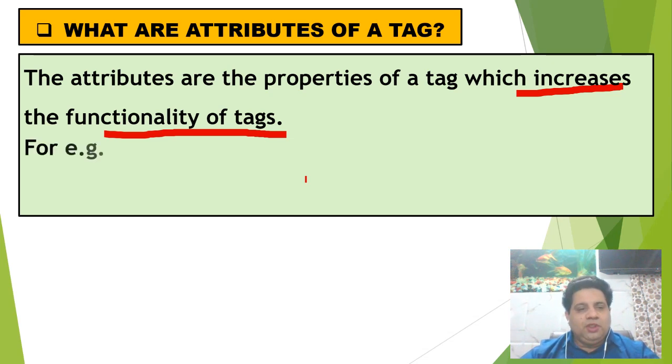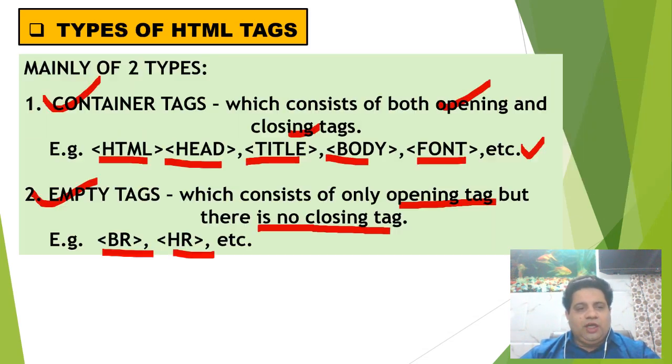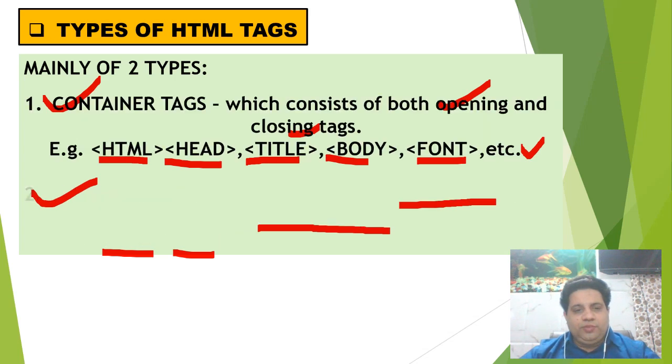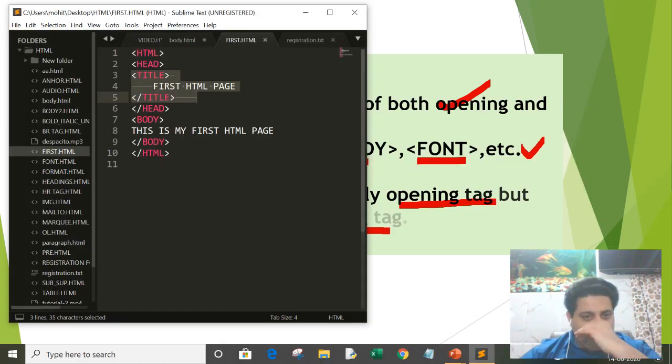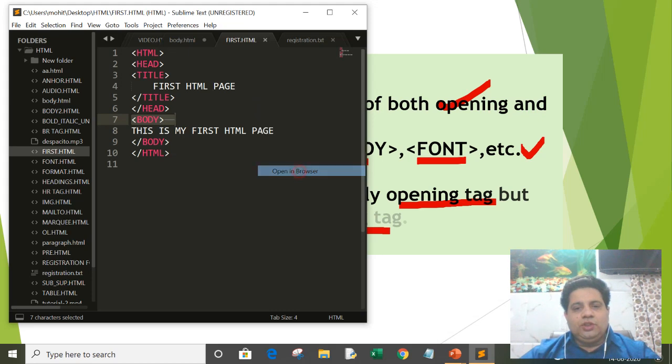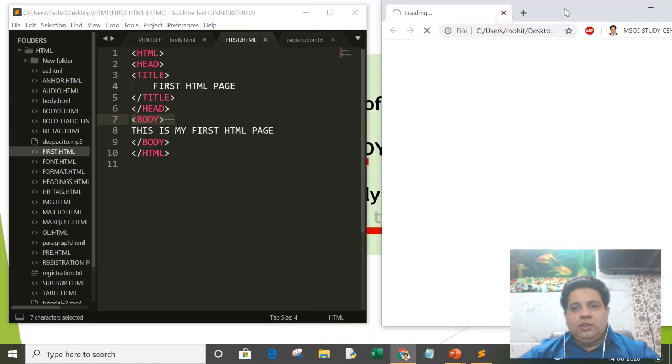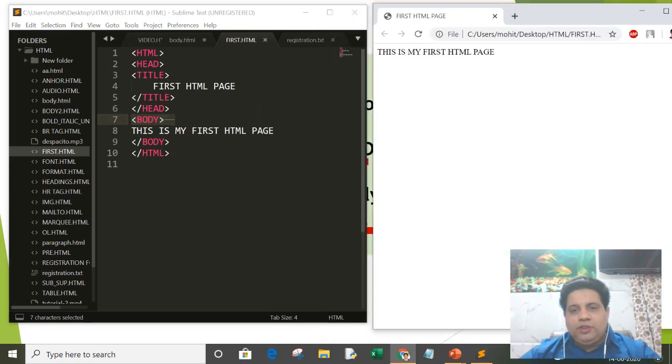For example, in the previous program, we have used the body tag, but we haven't used any attribute of the body tag. So when we run this code, we get the output, but the background of the page is white.